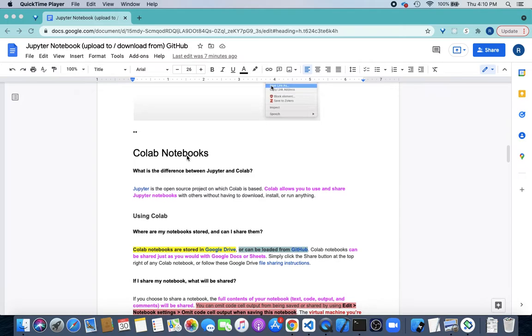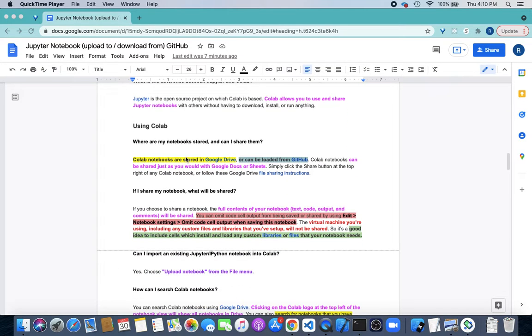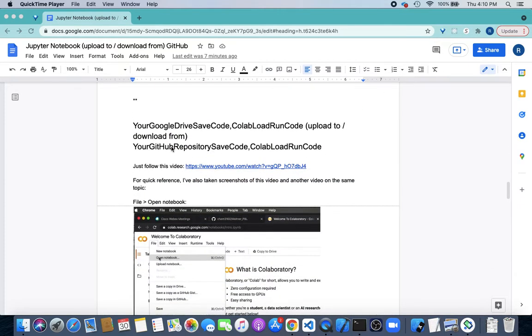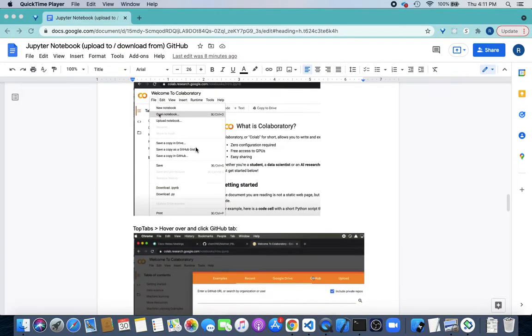versus Colab. In Colab, you don't run it on your local machine. You actually use Google's server to run these ipynb files. So here, like I've said here, instead of being in your local laptop hard drive, you can run code from either your Google Drive or from your GitHub repository or from anyone's GitHub repository. So in this case, as you see here,